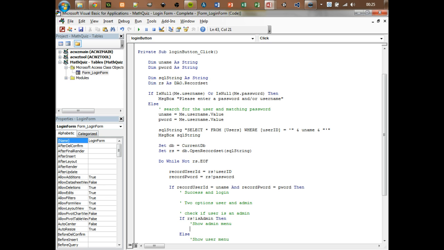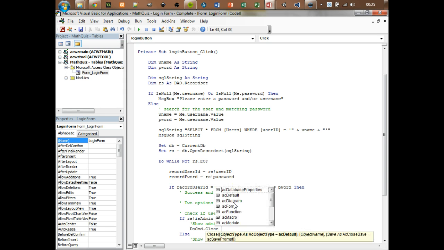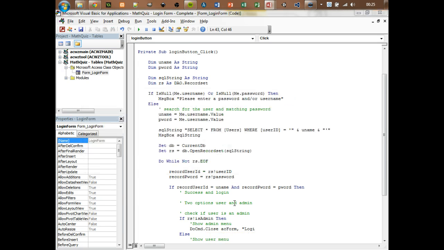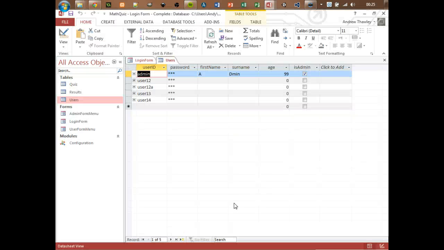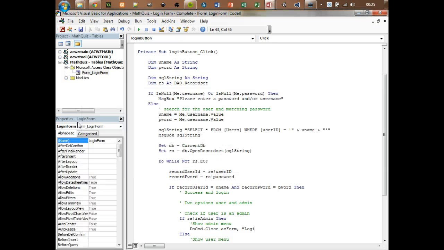So, in order to do this, two very similar commands. Do command dot. The first thing we're going to do is close the login form that's appearing on the screen. So do command dot close AC form, and we need to give it the exact name. So what we've got there is it is called login form with a capital,